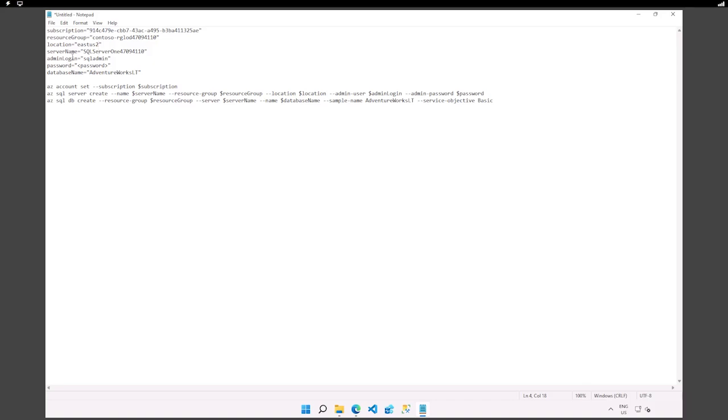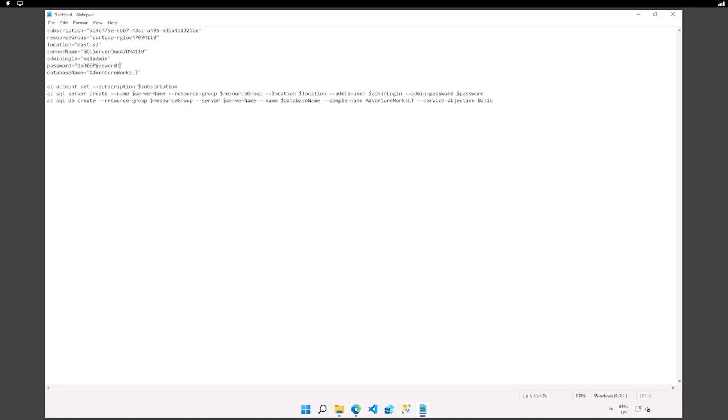Here there's the admin login, SQL admin. Then we need to create our secure password. Potentially the one I'm going to use here would be, go ahead, type it, all right, DP300 password.